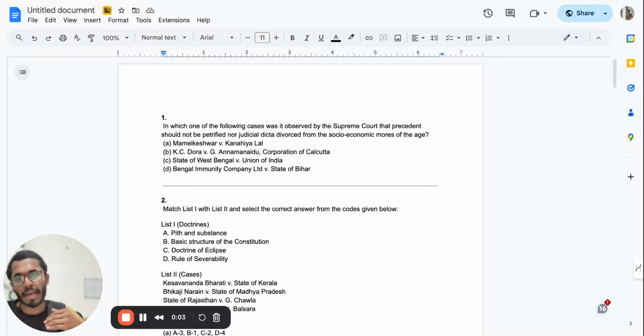So today we'll start preparing the important case laws which are required for your upcoming exam preparation. All the important case laws which have been asked for the exam again and again, and which have been asked in similar kinds of exams. Along with that, we'll also be discussing the most probable case law questions they can ask you from the exam perspective, which is what we'll be dealing with today.